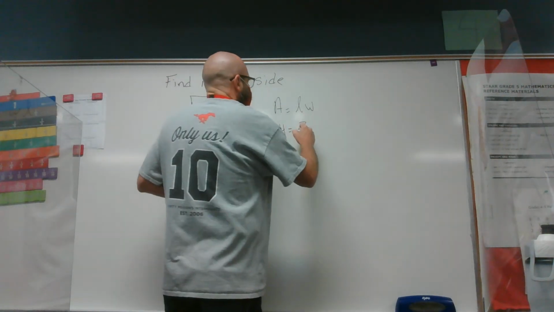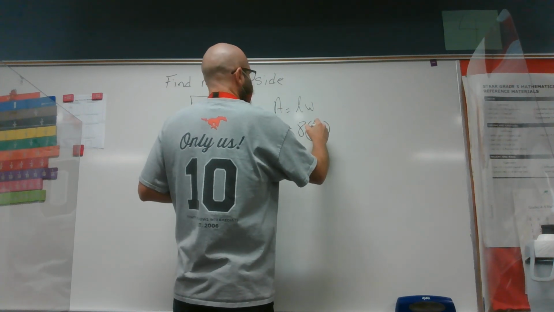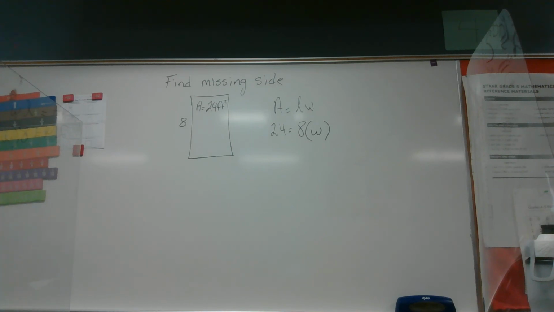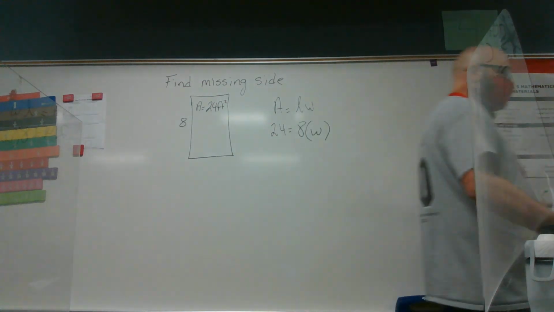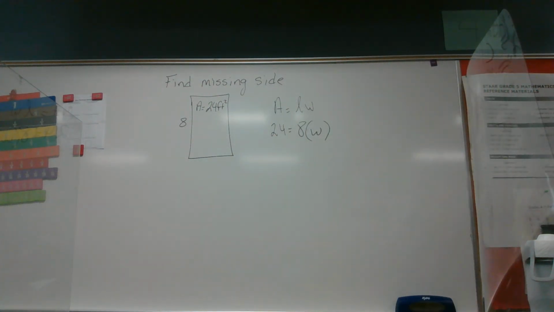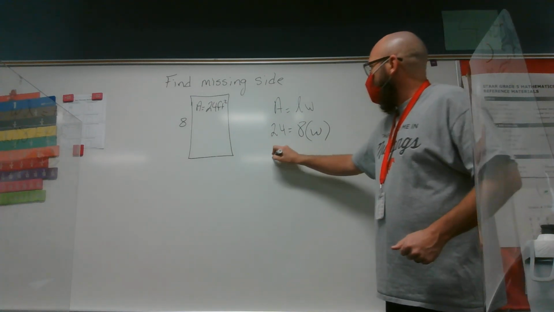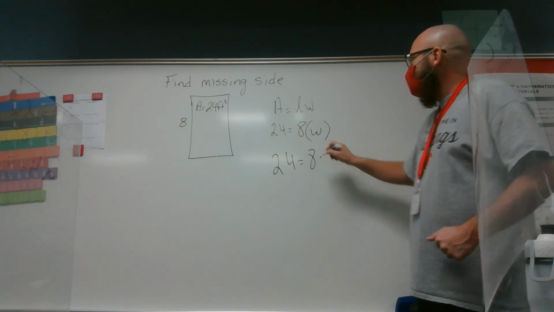And they give me 8 times width. I don't have the width, I have the length. So I replace length with 8, and I have to leave the variable for width. Now, since this one is so easy, we can easily figure out 24 equals 8 times, what's the width going